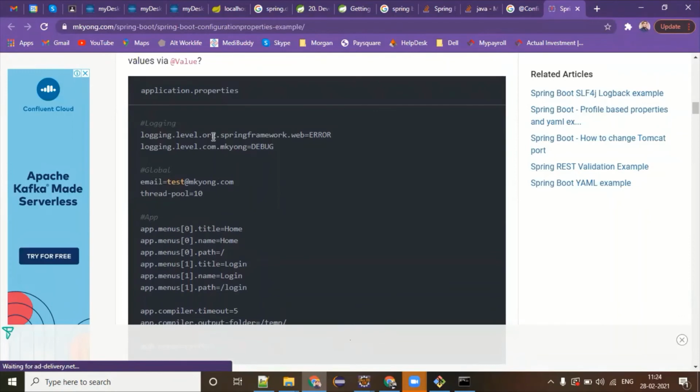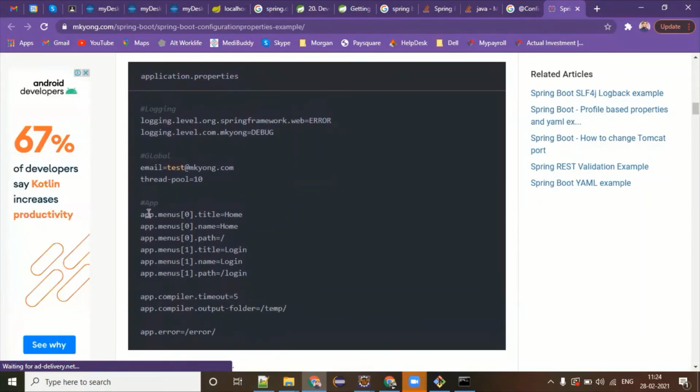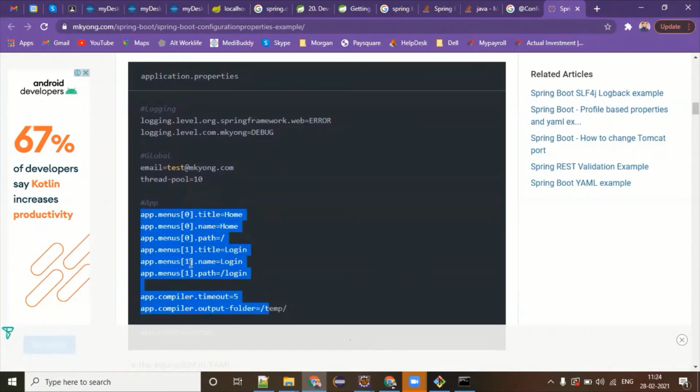It has logging level, it has email, it has thread pool. It also has some set of keys which start with app, right? These keys are starting with app. What I want in this properties file is to load only these keys, which start with app. How can you do that?